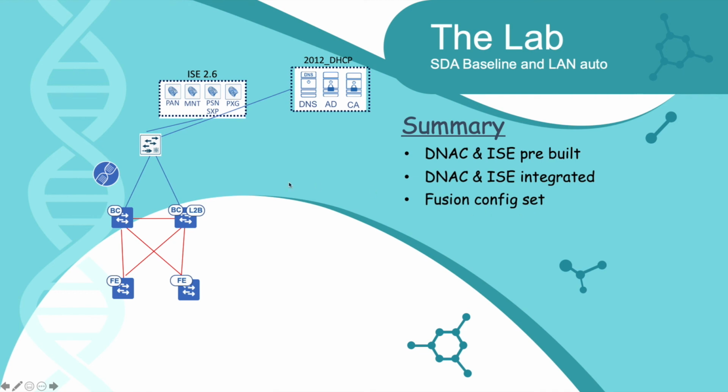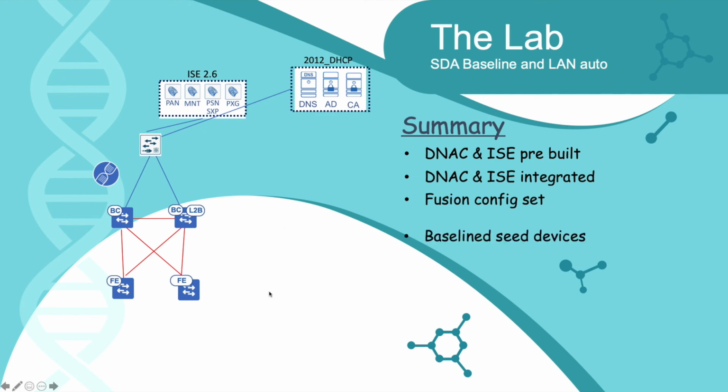And the Fusion config was set up, so we had the routing in place for reachability to the rest of the enterprise network. Although the enterprise network wasn't very big, it was just a few hops away. The Fusion had its inverse BGP configuration to pair with the fabric. It doesn't have to be BGP. I try to keep it as close to what the fabric's going to configure in regards to border automation and LAN automation when doing manual-based underlays. It just saves you some headaches down the line,